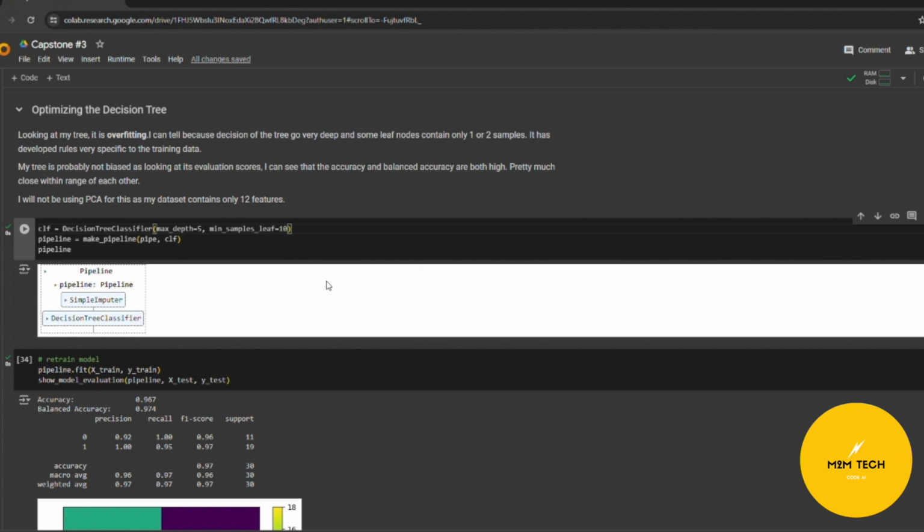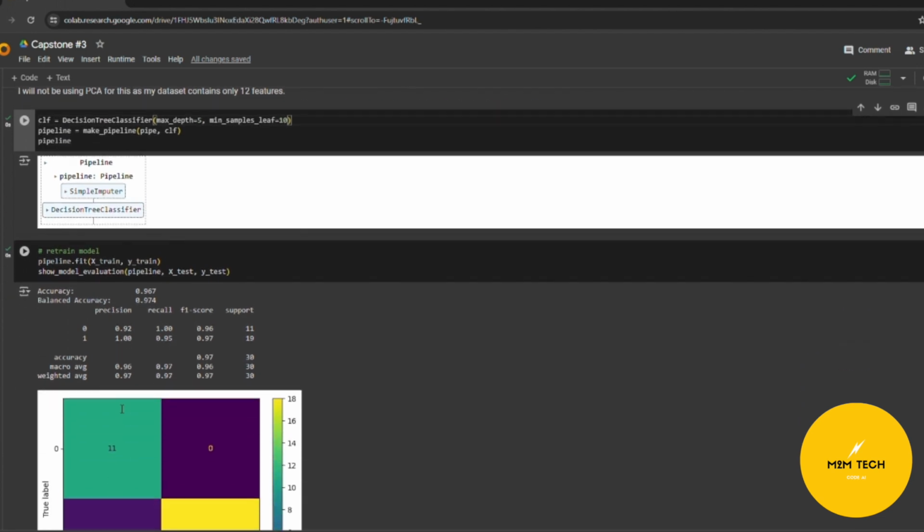So for each hyperparameter, I've given it a range of different values, and so far, giving the maximum depth a value of 5 and the min samples per leaf a value of 10 gave me the highest metric scores, or accuracy and balanced accuracy scores, for my model. So using those values, I get an accuracy of 0.967 and